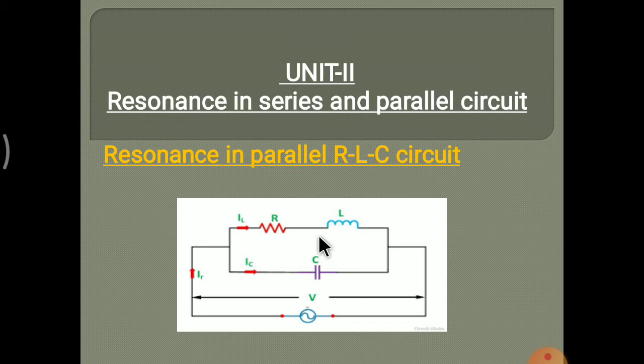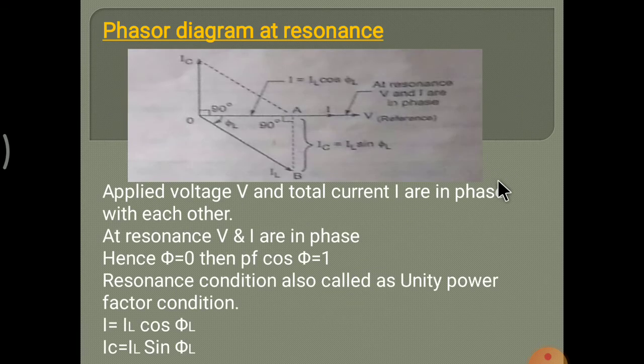Since ZL is a combination of R and XL, ZL square is equal to R square plus XL square. Here we get ZL square is equal to R square plus XL square. Then the impedance triangle of the RL circuit, we can imagine it.